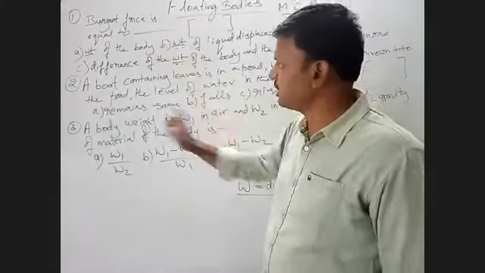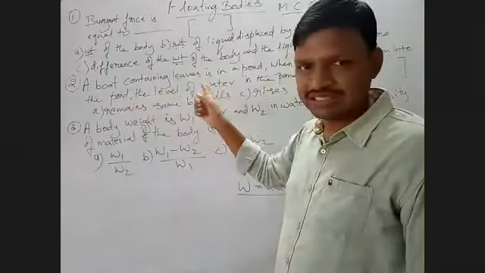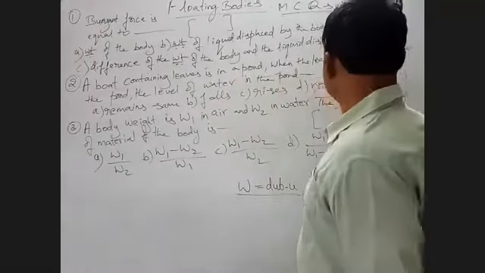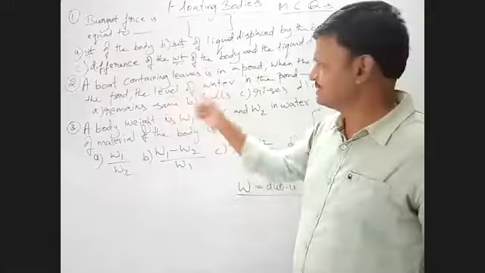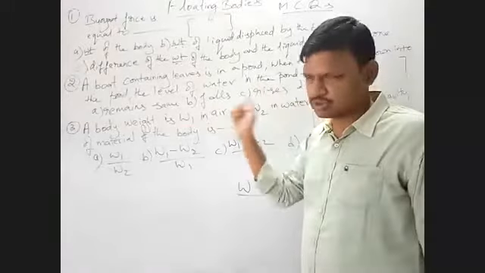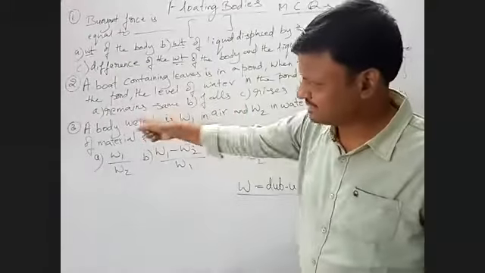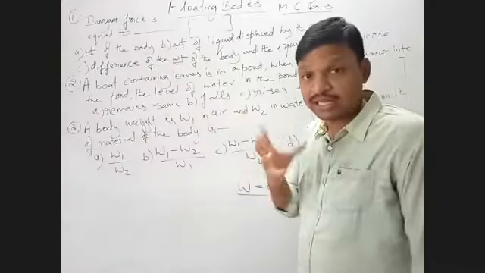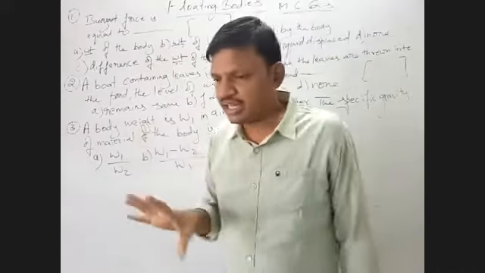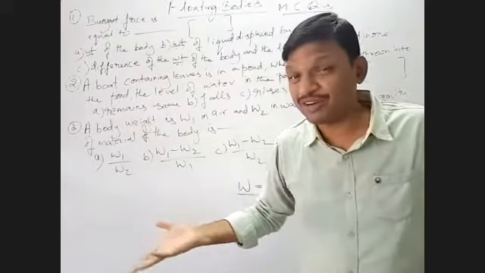See, you have to read this one. The boat containing leaves in a pond. When the leaves are thrown into a pond, the level of the water in the pond, what happens is body weight remains the same, falls like this. But Indians, not like that. Why? What is the reason?